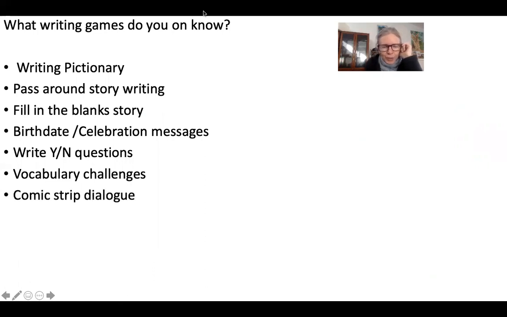Eventually one person wins. Vocabulary challenges are like the taboo game where one person will say, you've got to get them to choose this word in your team, but you can't actually say the word, and the first in your team to choose the word writes the word correctly. And it has to be within 5 minutes, for example. And the words, the vocab taken from your end of unit glossary list. Comic strip where you write the dialogue, guess who. So you can describe someone and the first person to write down who it is